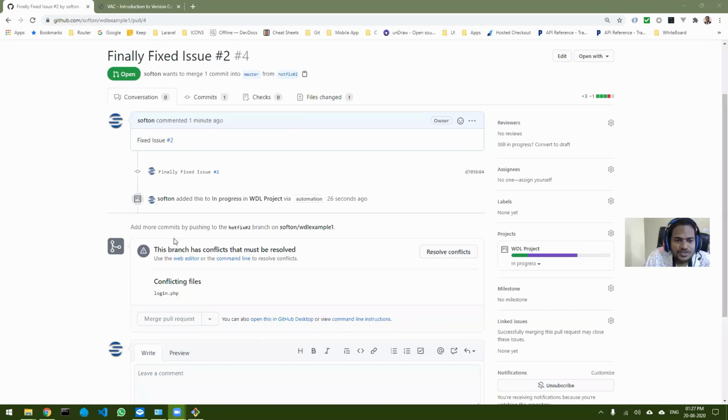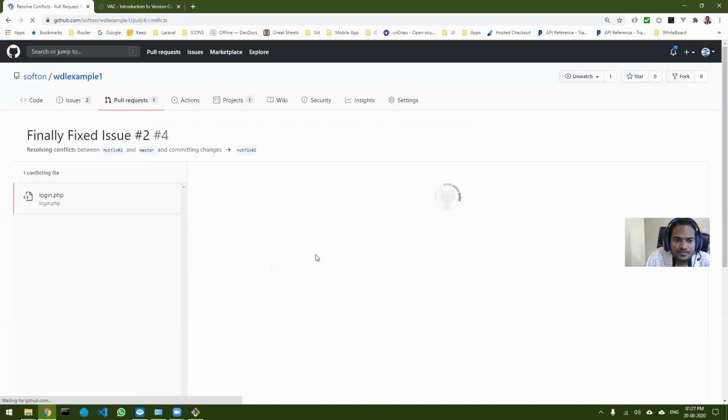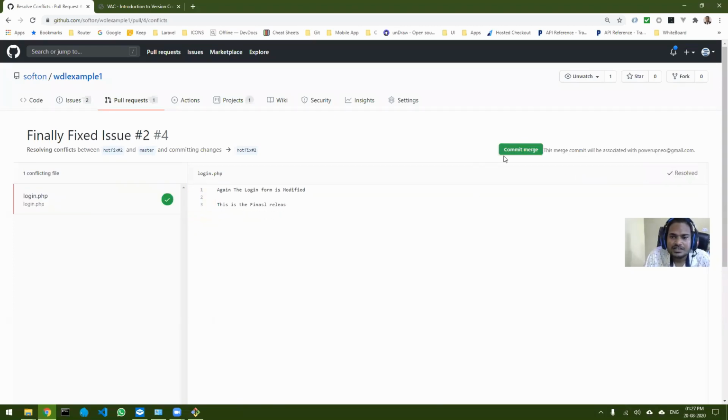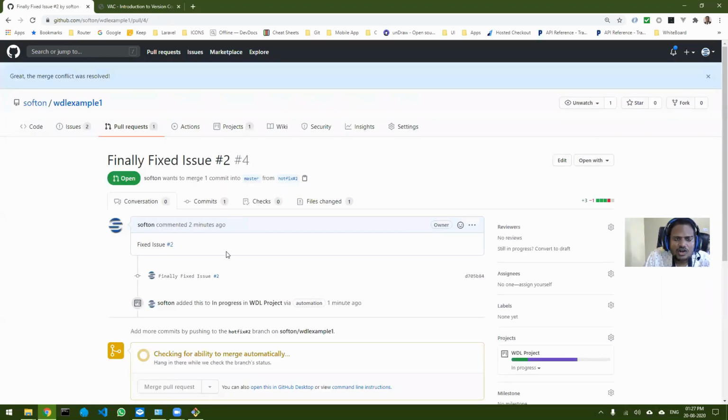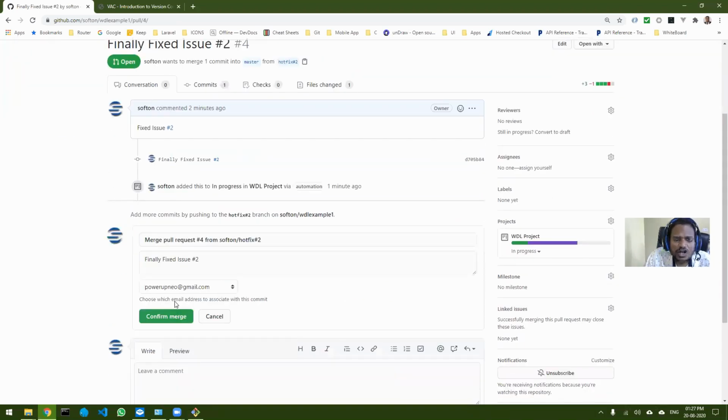Now it is saying that this branch has conflicts and must be resolved. Let us see how to resolve. You all know how to resolve these things, right? Resolving is pretty simple. You just remove all that is not necessary, mark as resolved, and commit the merge. So this is how you resolve conflicts using GitHub directly. Now you can merge it,